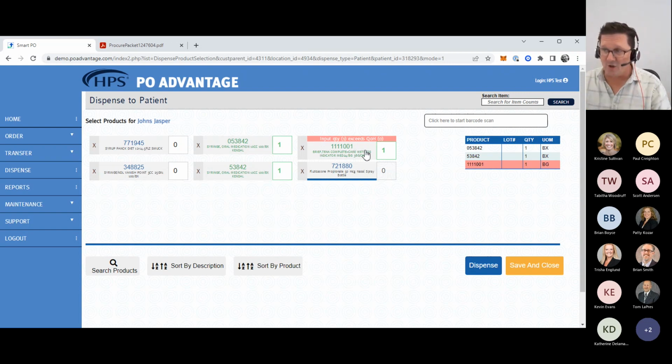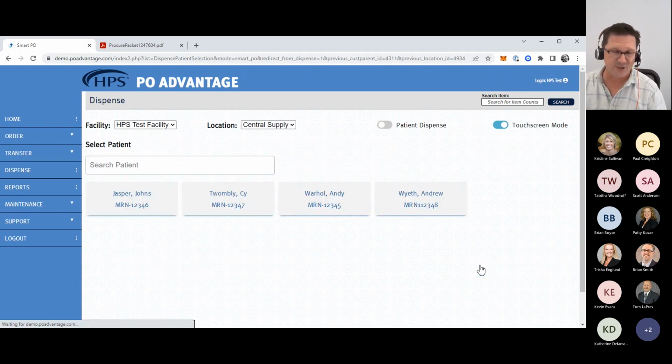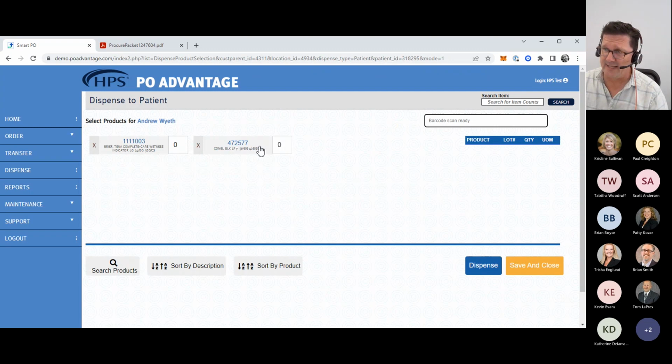Okay, so to charge out those items that have been previously charged, super easy. All I do is touch those buttons, hit the dispense button. If I have another patient that has some charges, but it's not the item that I need, it's also super